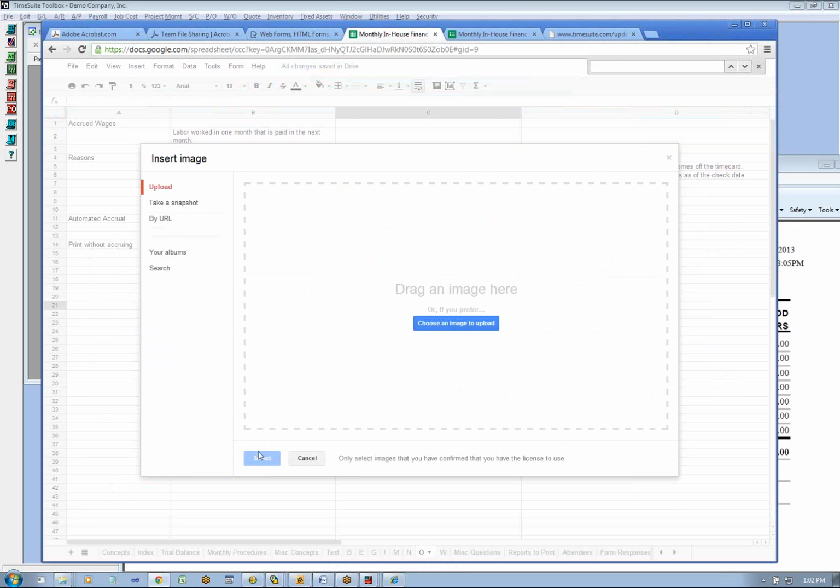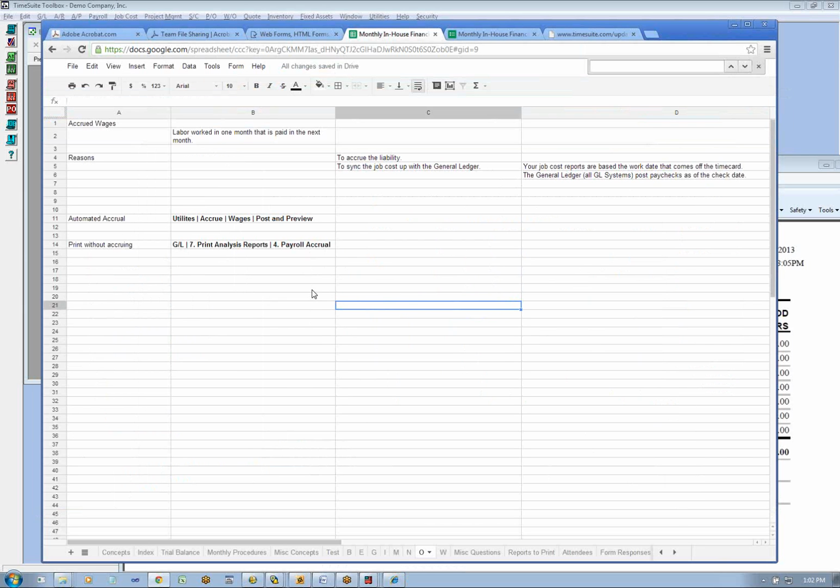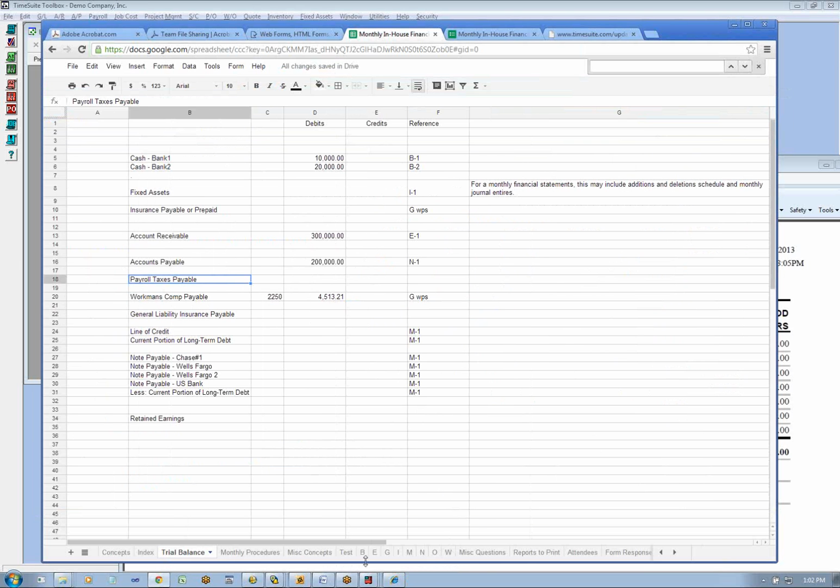So once we convert it to an image, then we can upload it into this Google Doc, and that can provide us with the support we need to substantiate our numbers. So whether it's the trial balance or your agings, insert it into the Google Doc as an image, and then you've got not only your group for the month, but all your supporting work papers. Okay, so if you have problems with that, let me know and I'll help you.